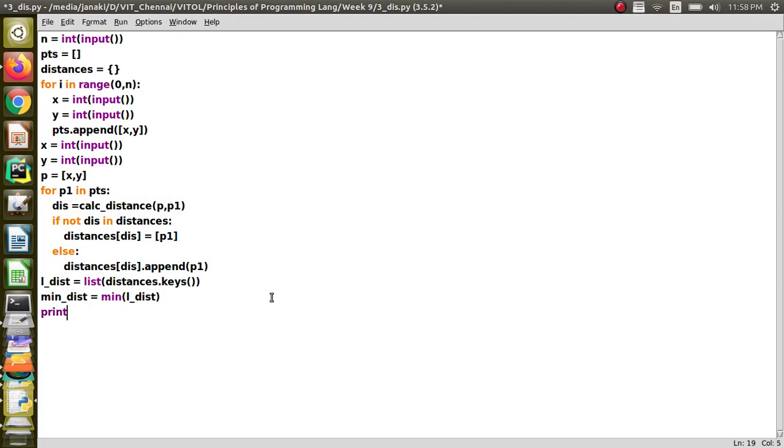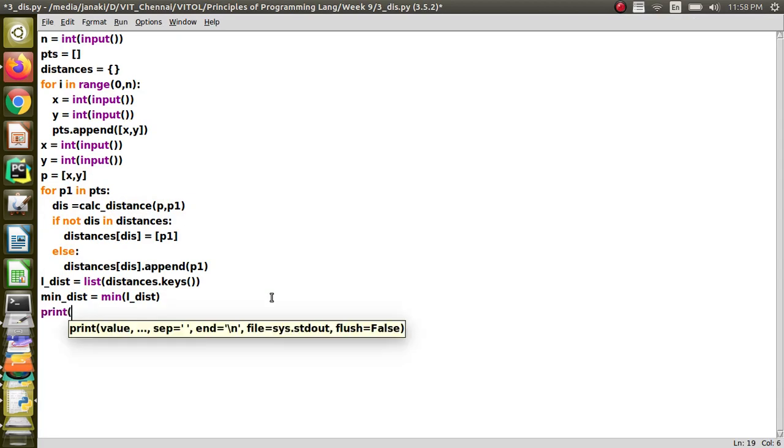I am just going to print the values alone here. You can also print value by value, that is different. Now I will just print only the values in the dictionary and show you. So print the distances dictionary entry whichever has the minimum distance.